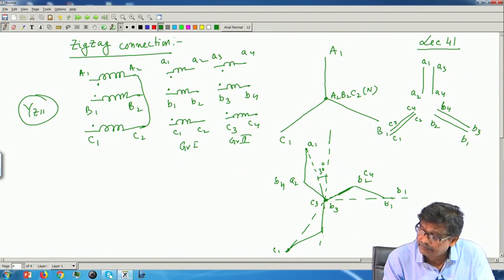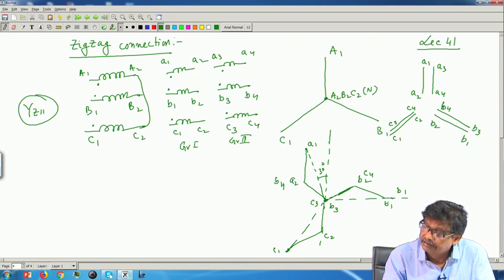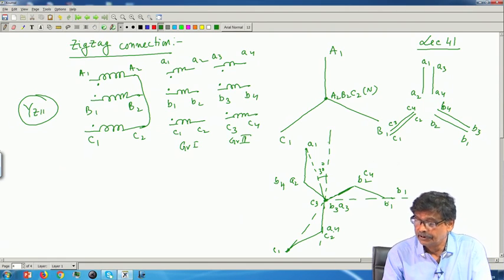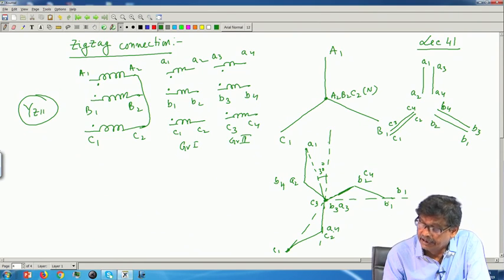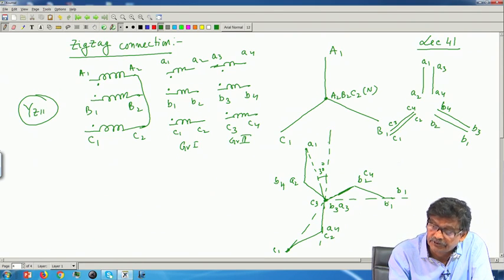That is, this is C1, C2, and then the only left out thing is A3, A4. Therefore, you will be joining this time A3, B3, C3, I will short,